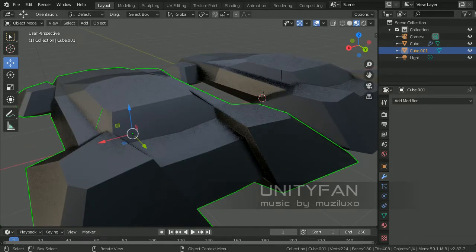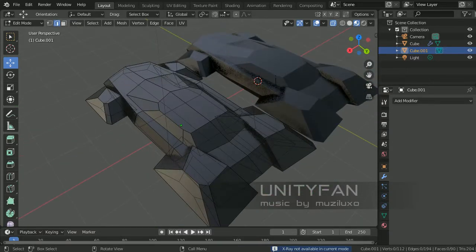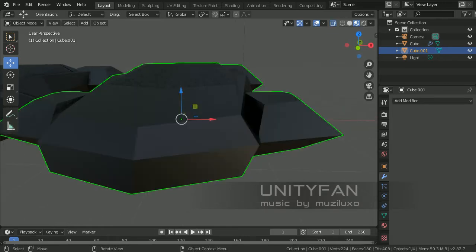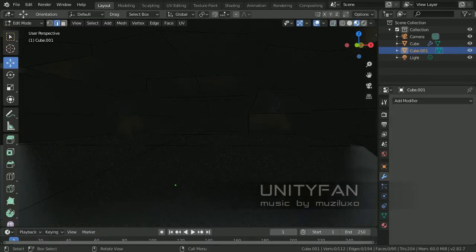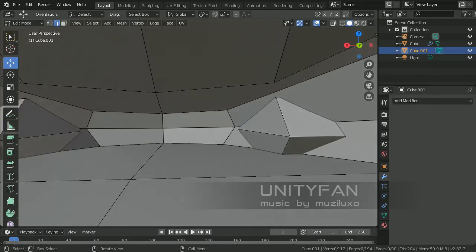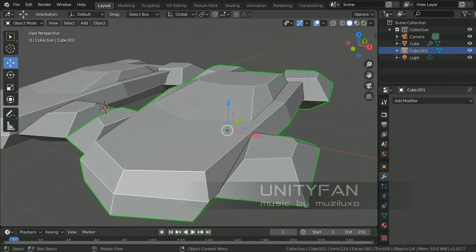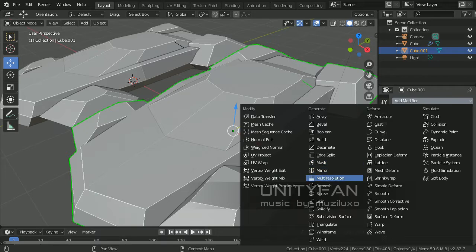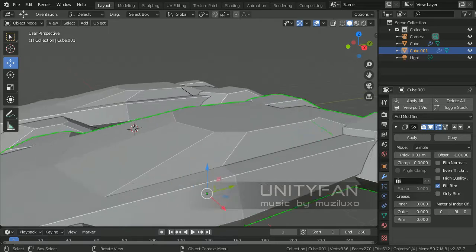And probably I need to remove some interior polygons. There could be some polygons left inside it, but now it seems okay. Yeah, there are no polygons in the middle right now. So okay, we duplicated it and applied the mirror modifier to it, and now I apply a solidify modifier